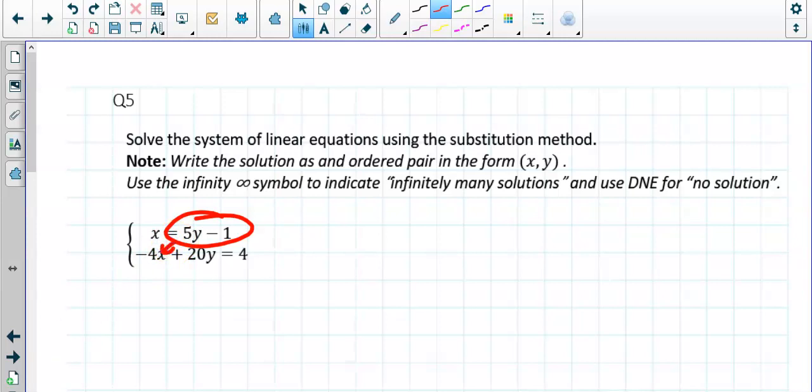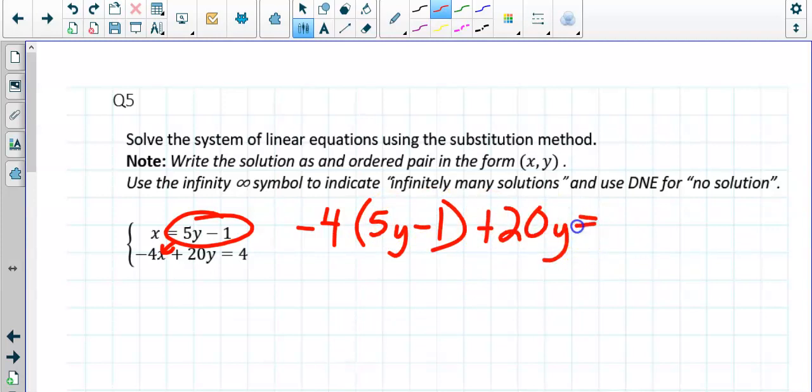And what are we going to do with this x information? That's right. Substitute it into the other one. Replace the x in the other one. Plug it into the other equation. However you can remember it, but you're substituting in. So I always use substitution whenever I have a variable that's automatically solved. So we're going to plug in. We got -4 parenthesis. Oh, this is x, so we're going to put 5y minus 1, plus 20y equal to